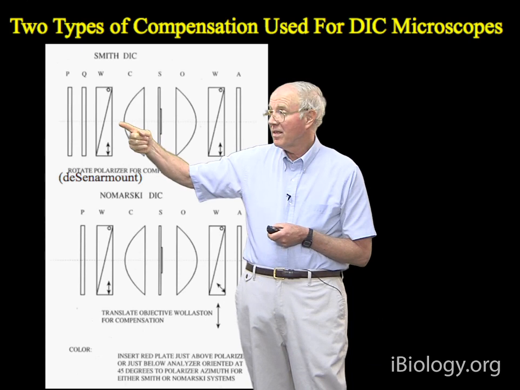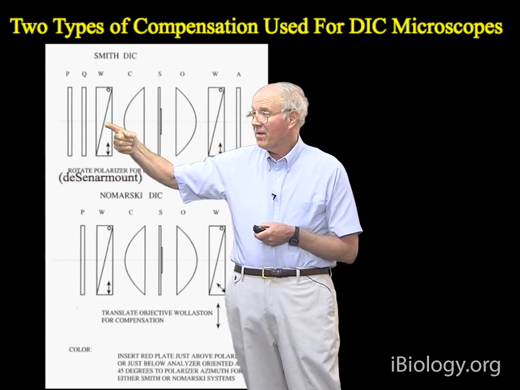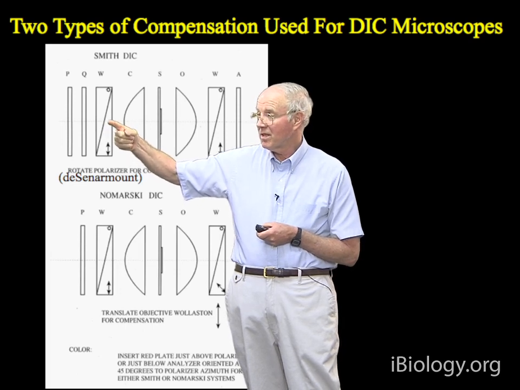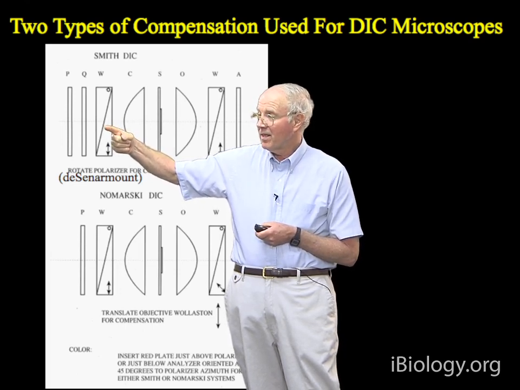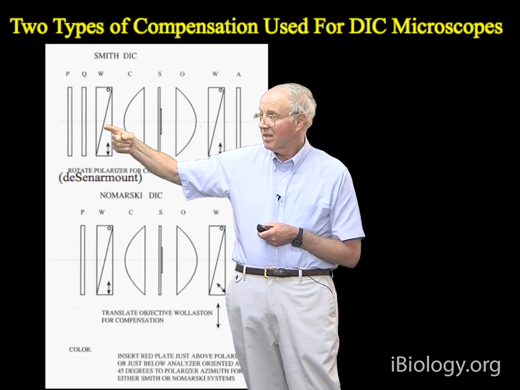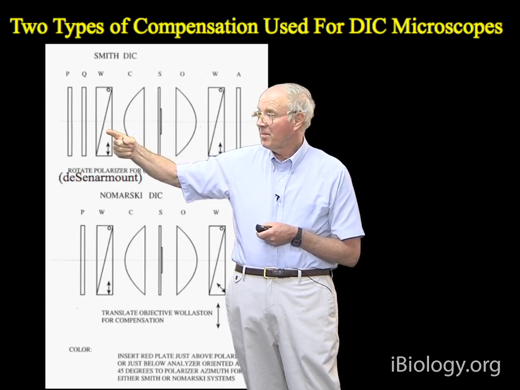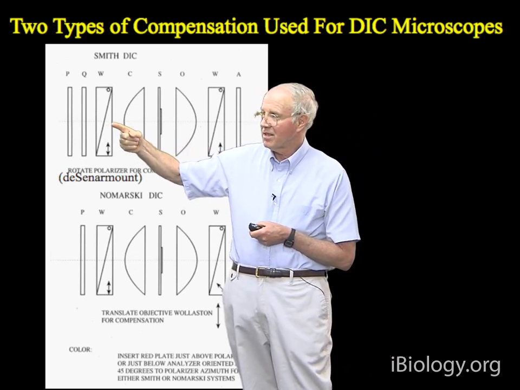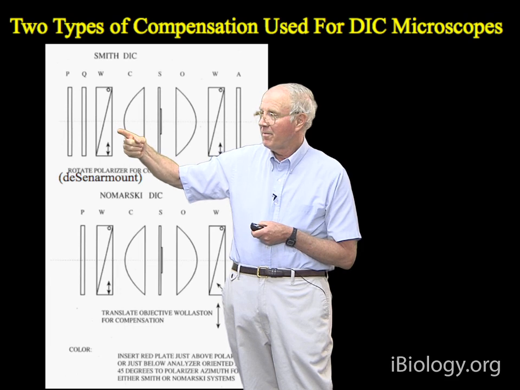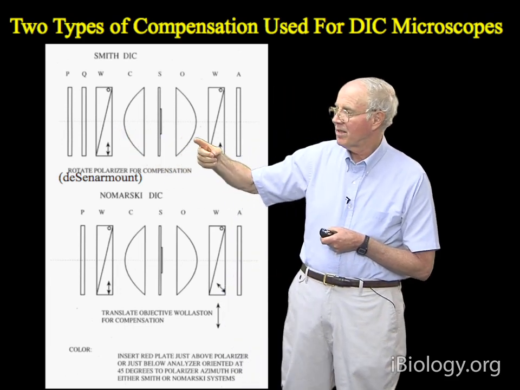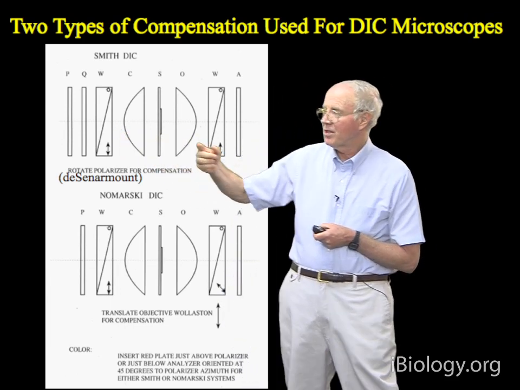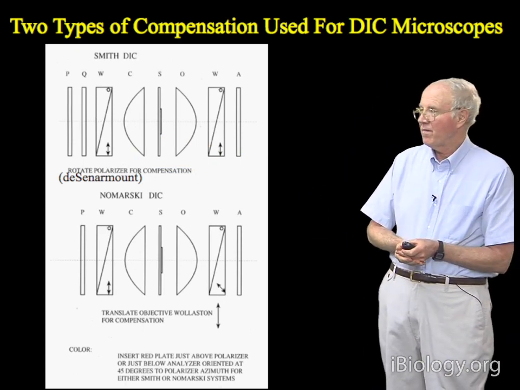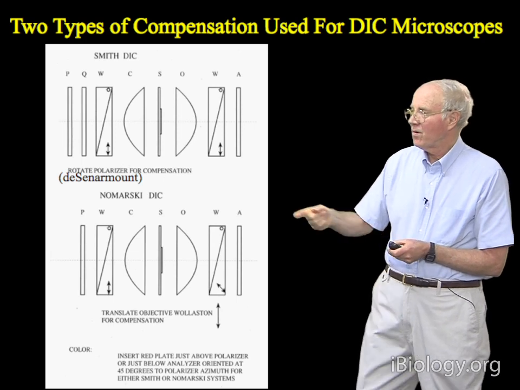And the Wollaston prism for the condenser pretty much could be put pretty close to the condenser diaphragm plane. So that wasn't necessarily built into the condenser. But because this was built into the objective, and this was to some extent stationary in the condenser, there was no other way to be able to change the retardation of the E and the O wave for compensation purposes. And so an additional